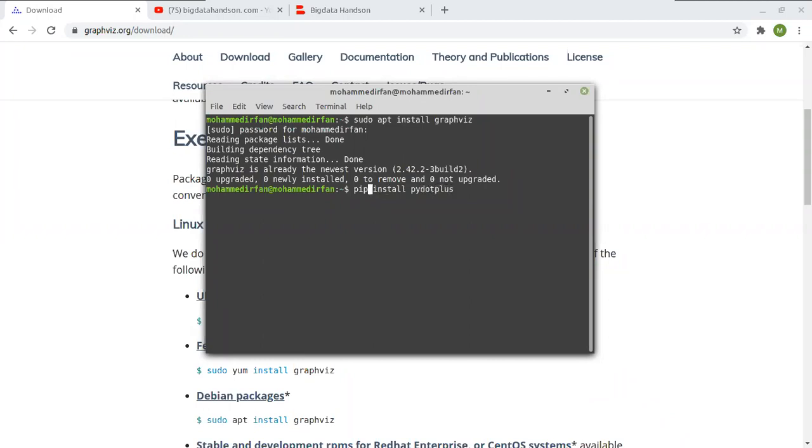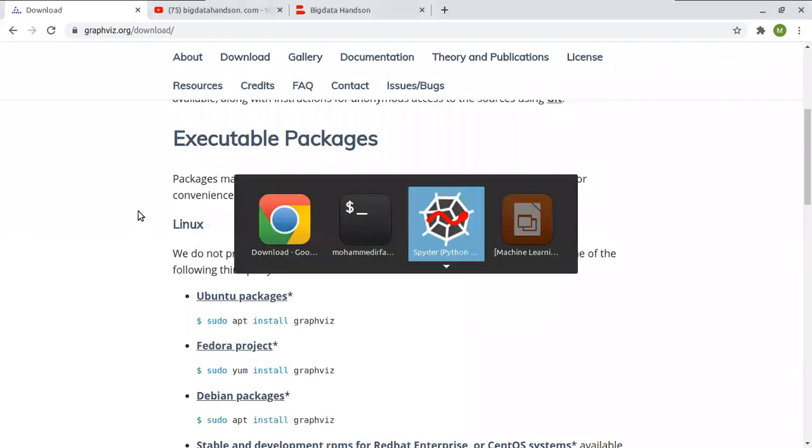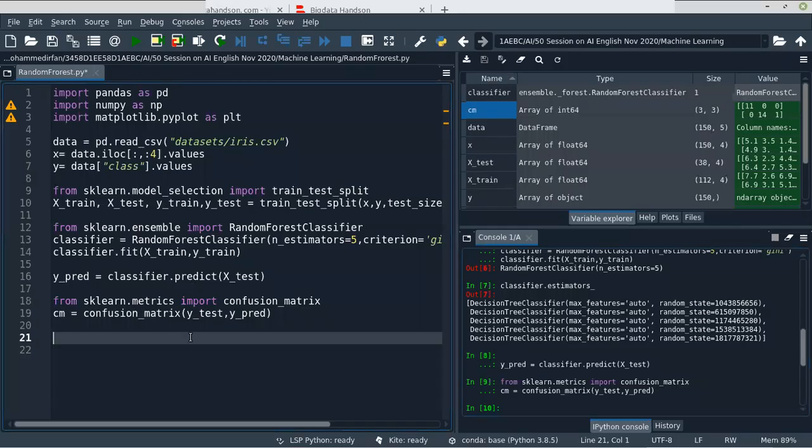For me it is pip3, for you it will be pip only. Okay, pip3 install pydotplus. It will take some time to install. So now we'll continue with the programming.